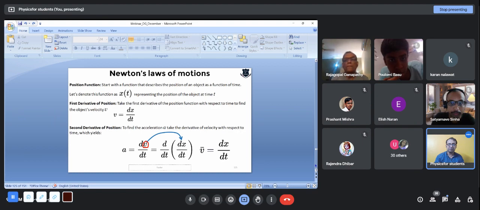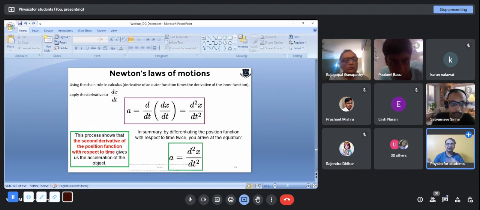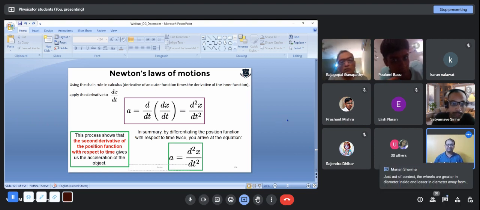Newton's laws of motion, if I take all those things, if I take the derivative of position, I get velocity equals dx by dt. From here, I can use the chain rule of calculus, and what I get is the acceleration. It shows that the second derivative of the position function with respect to time, acceleration, equals d square x